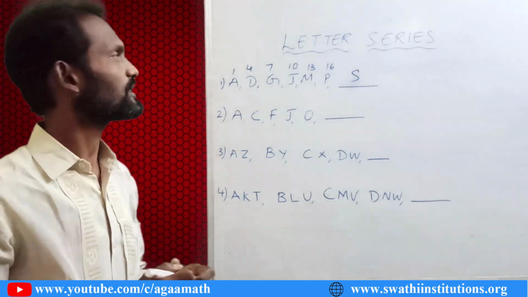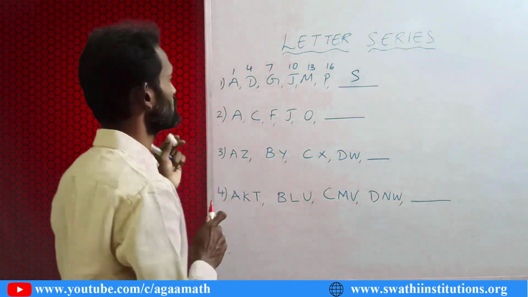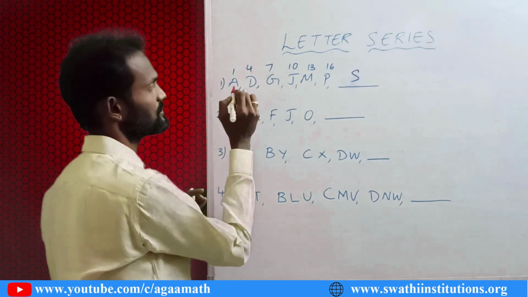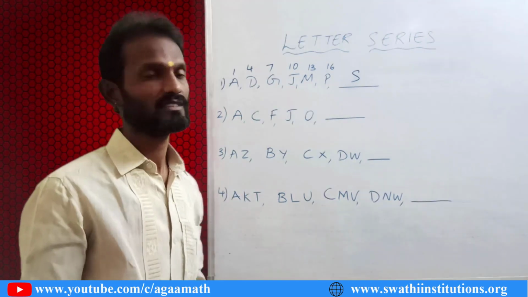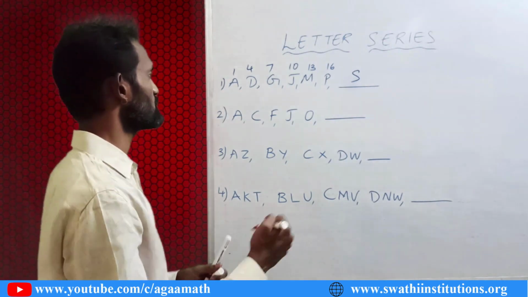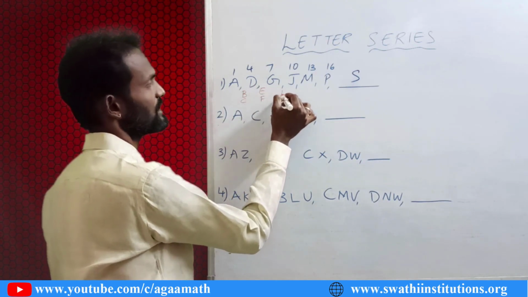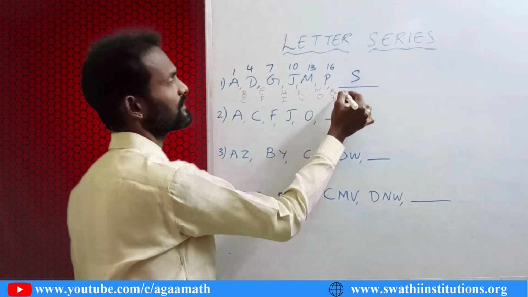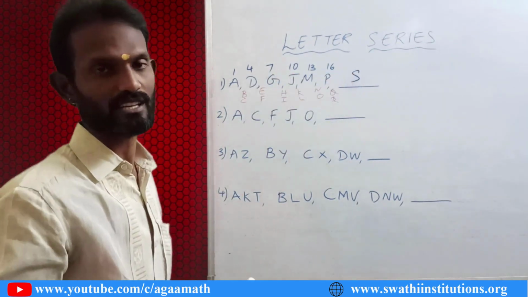Like this you can do it. If you are unable to remember like this, you can even observe how you can do it. Let us see here now. Even you can manage like this, A, B, C, D, E, F, G. This is one way we use to find the answer for the given letter series. Even you can do like this, that is A, B, C, D, E, F, G, H, I, J, K, L, M, N, O, P, Q, R. This is yes. But this takes a lot of time if you really remember the positions of the English alphabets.